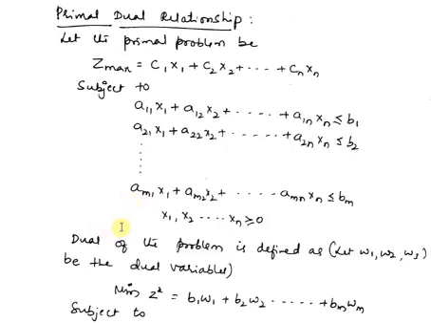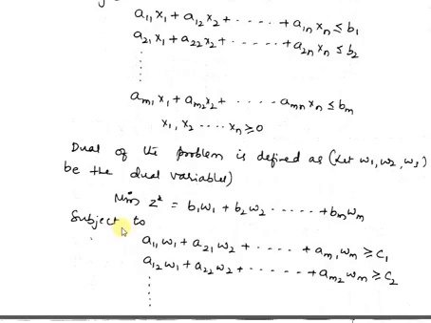Now the dual will always be a minimization problem. To differentiate the primal problem from the dual problem, we have taken the variable w here. But in textbooks, different variables are used, like y and so on. It has nothing to do with letters like w or y; the choice of the variables depends on you. A different name is given just to differentiate the dual problem from the primal problem.